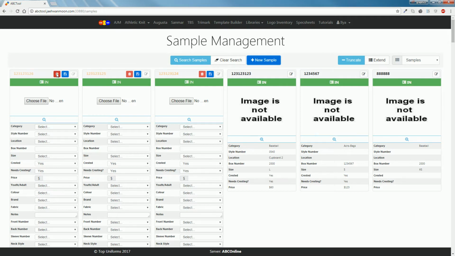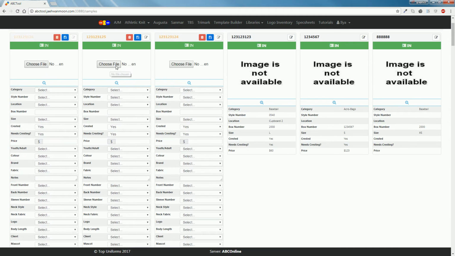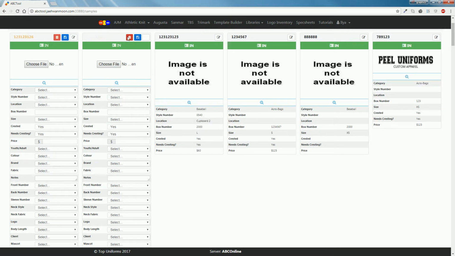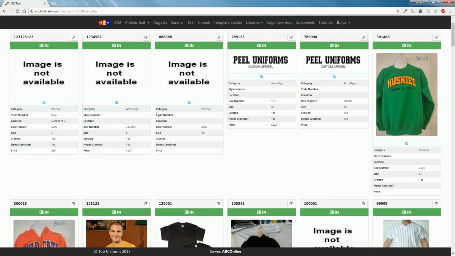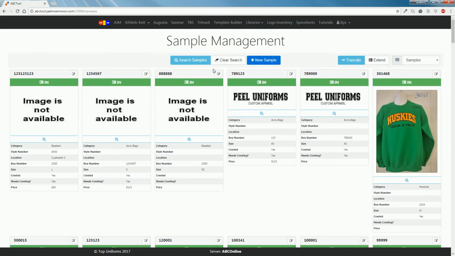If I wanted to move ahead with these, I would fill in the information for each one of them. I would attach a file. You're not able to save it if you don't attach a file. And then I would click save for each one that I'm adding. So I'm just going to delete these all, and away they go. And back to the controls up here, we have the truncate/extend button, and all this does